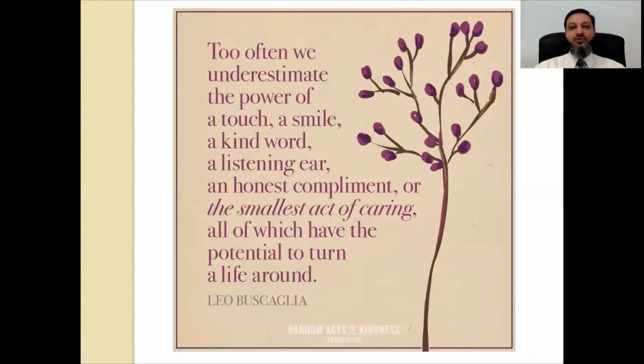Can make a huge difference in the life of another person, especially when you're a healthcare provider, right? When you're interacting with your patients, that's an opportunity to make a difference in the life of that patient. We have that special privilege as healthcare providers and that opportunity to potentially change the life of another person, right? And that's what emotional intelligence is all about, recognizing that you can make a positive impact in the life